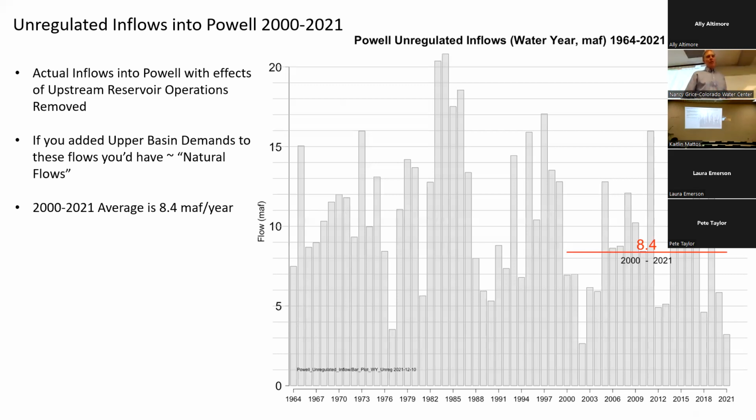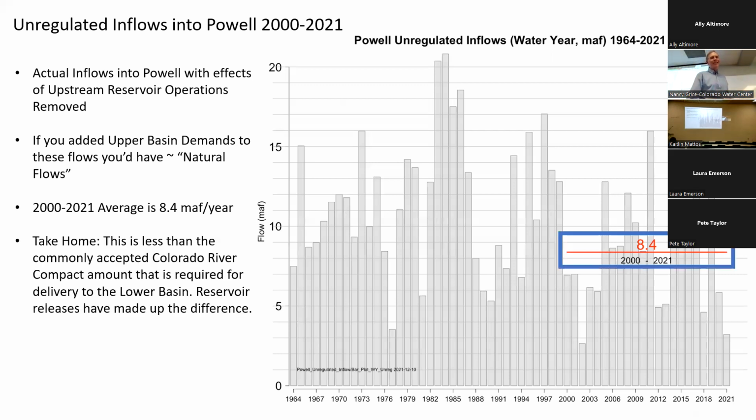So the average over the last 22 years is 8.4 million acre feet. So what's so bad about that? So the Colorado River Compact, Article 3 is the money part of the compact, and it allocates the river between the upper basin and the lower basin. And Article 3 says that the upper basin shall not cause the flows to decline below 75 million acre feet